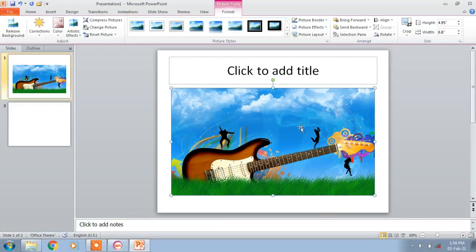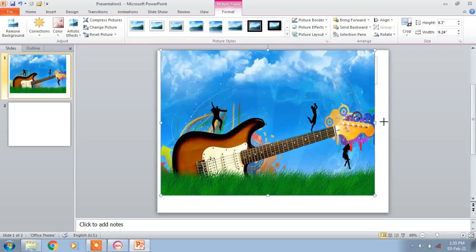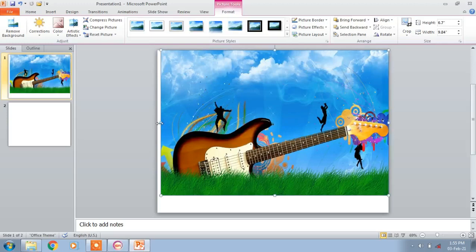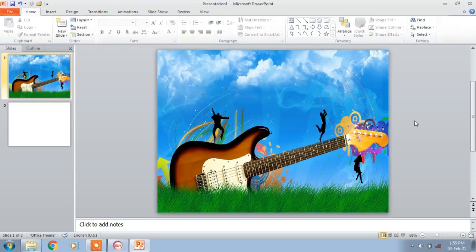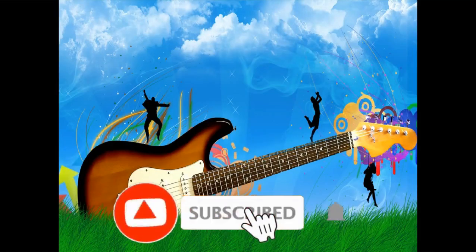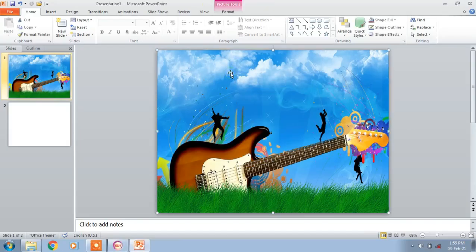So if you want to make this picture fit this entire window, you can use these points. Okay, here, I'm stretching these points to enlarge the image. Okay, I'm enlarging, so making it big. Okay, so this picture has been set for the entire screen. When you make it full screen, see now how the picture appears on your screen. Okay, this is the way to insert the picture in your slide. And here, when we select this picture, a new tab gets activated, the format tab.